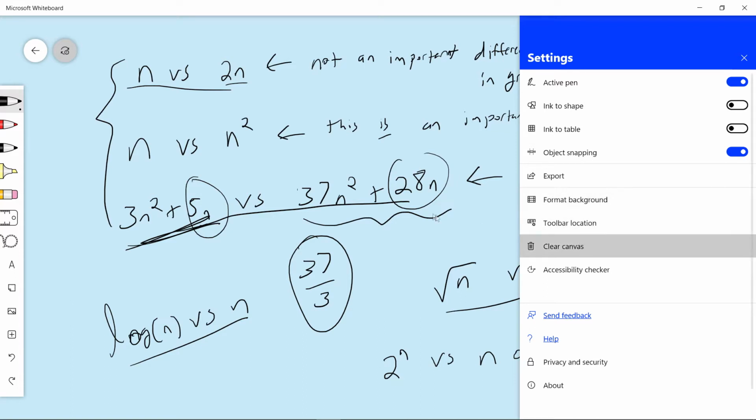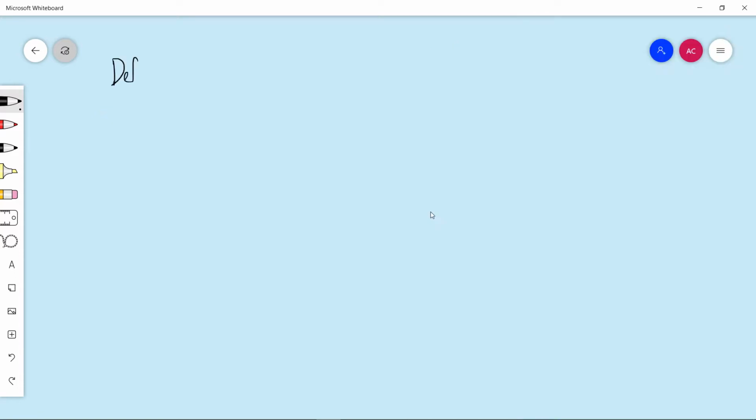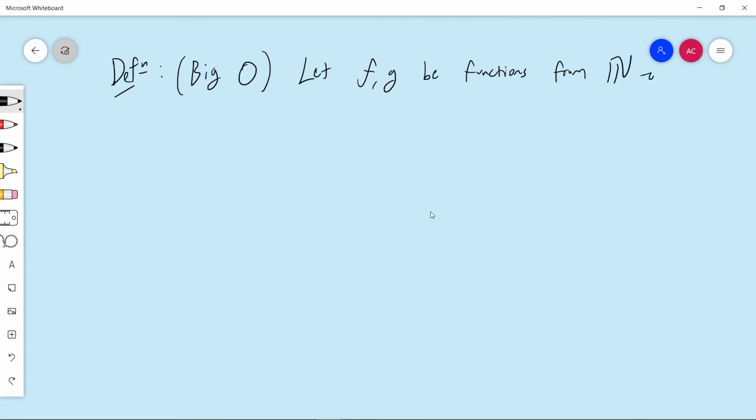So let's see, clear canvas. There it is. Okay, so definition. Let f and g be functions from N to R. So they're functions that take natural numbers as inputs and spit out, who cares, as long as it's a number as output. We say that f of n is in O of g of n